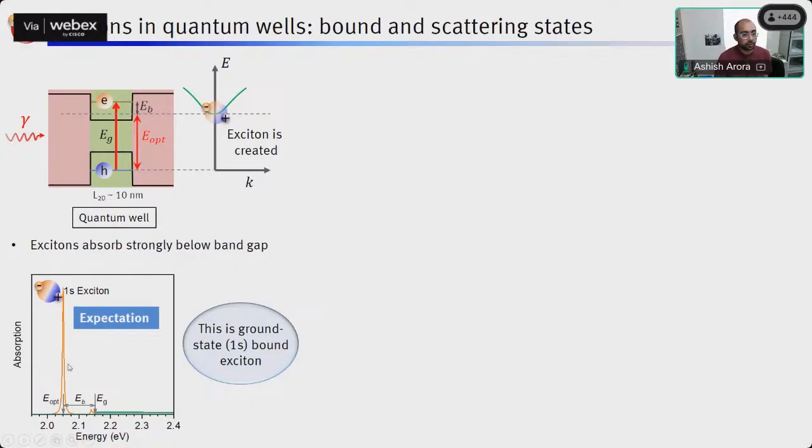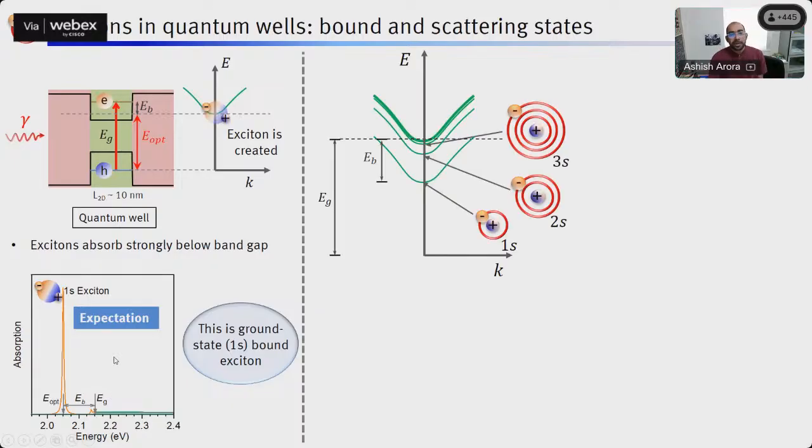It's an internal resonance of the system. Therefore, in the absorption spectrum, it appears as a very strong peak. This is expectation again. This is not experiment. What is more expected is the following, that this transition is actually the ground state exciton transition, meaning similar